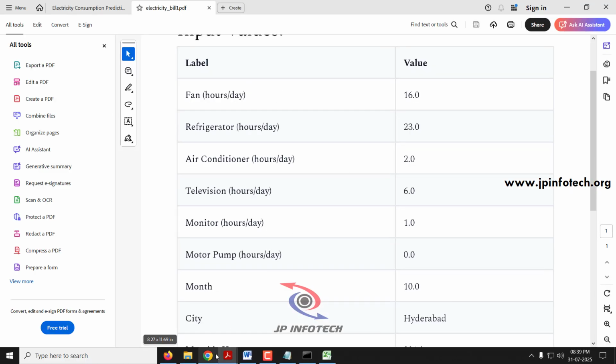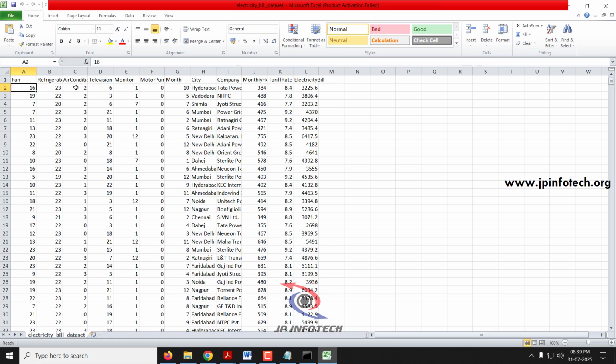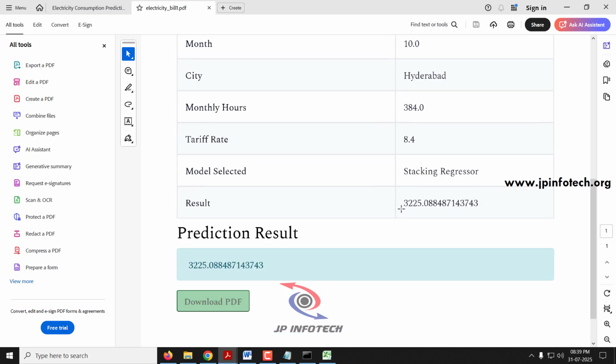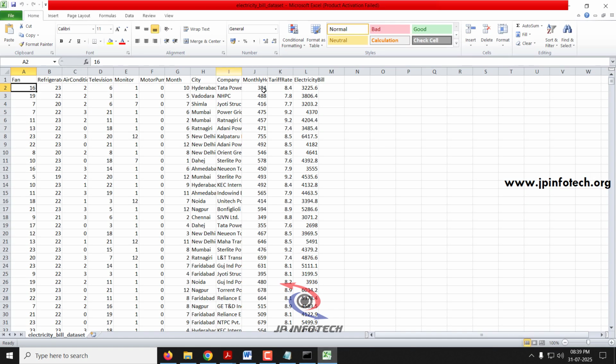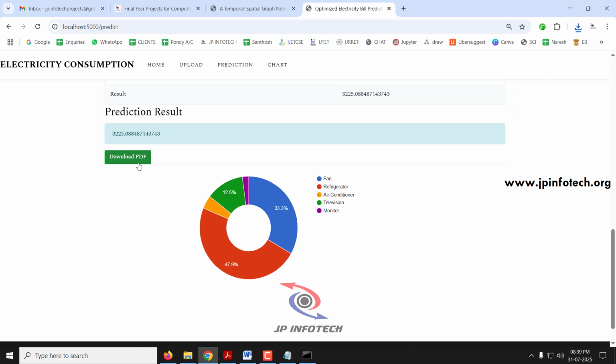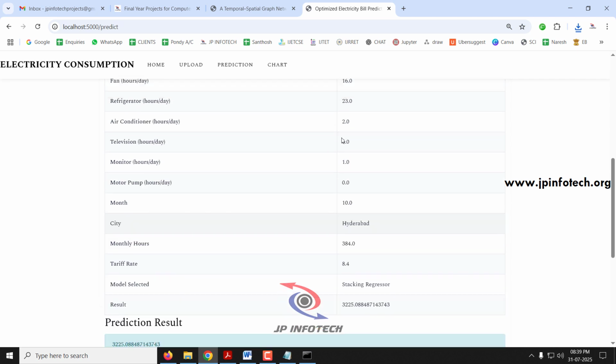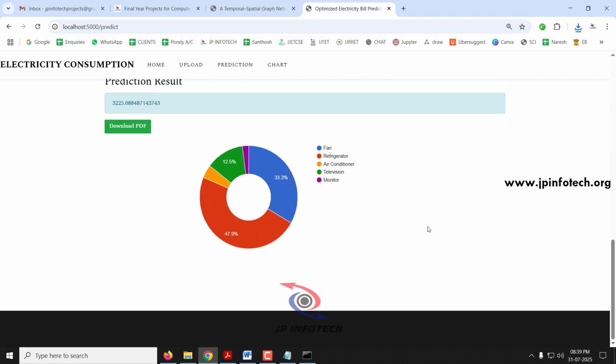Now I'll show you with the data set. We have used the same details of the data set, and you can see the predicted result is nearly the same. Now below the download PDF, you can see a dynamic graph which shows according to the data that we have entered. So here the user can visually see which